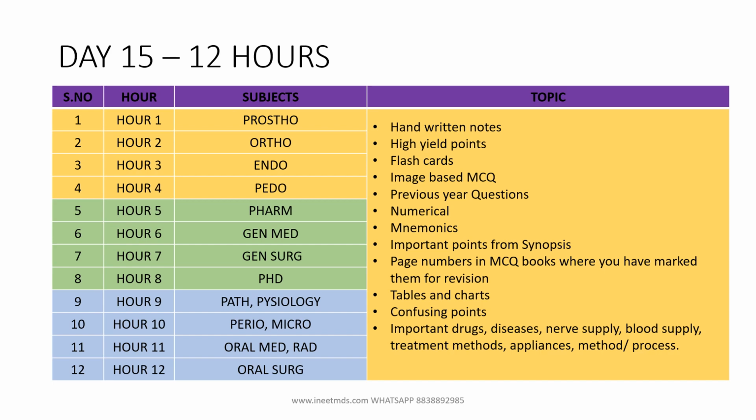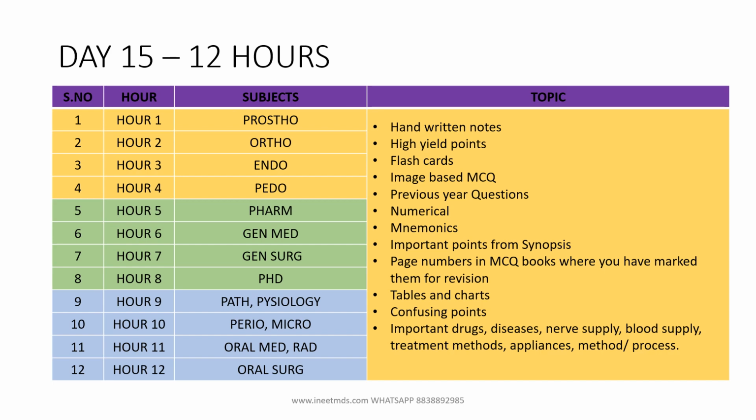If the points are very small, make sure you write them down, because you cannot mark a page number for each and every page. If it is going to be a very big thing wherein if you write it down, it will take more than 10 minutes and waste your time, mark the page number. If it is a very small point which will take only 1 or 2 minutes to finish off the notes, make a handwritten notebook.